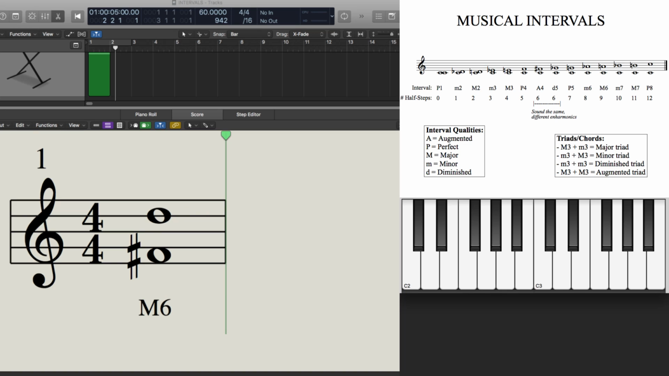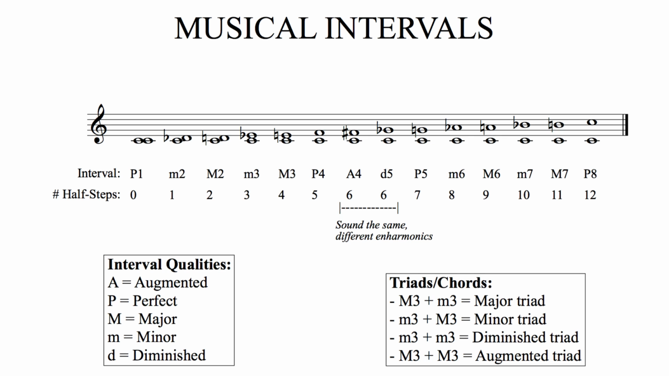The second step involves counting from the bottom note to the top note using half steps to verify the quality of the interval. This is where my musical intervals chart really helps, because it shows all of the half step or semitone spacings for the most common intervals. As you can see, a major sixth is 9 half steps. So to do this, I recommend going to a keyboard or MIDI controller and counting up chromatically starting on the